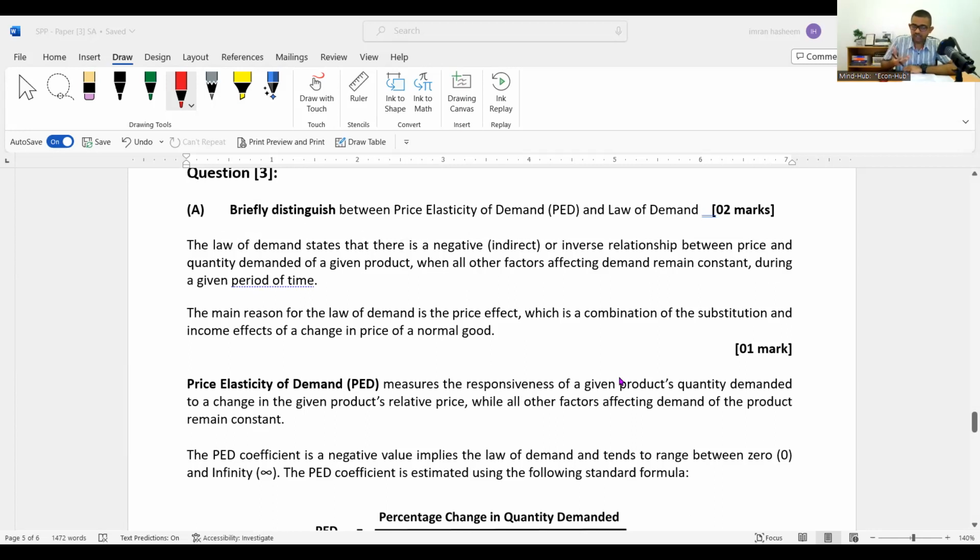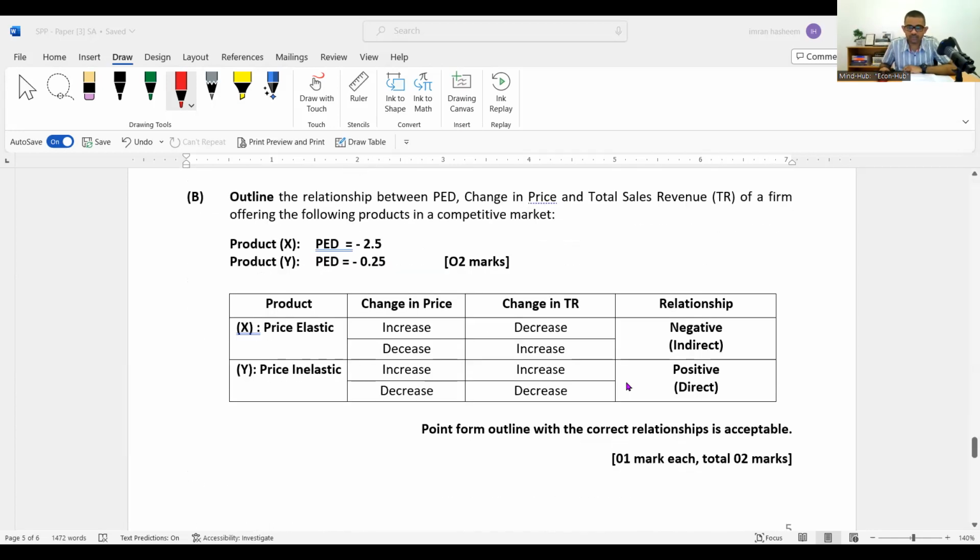So learn how to write these distinguish questions. Use your definitions. That's all. Now you might have answered this question in a different format, but even in that format, if this is the outcome you have, we are okay. Now remember, this is the area I kept saying 6-7 times to make sure you are really good: the relationship between change in price and change in total revenue or total consumer outlay, depending on the elasticity.